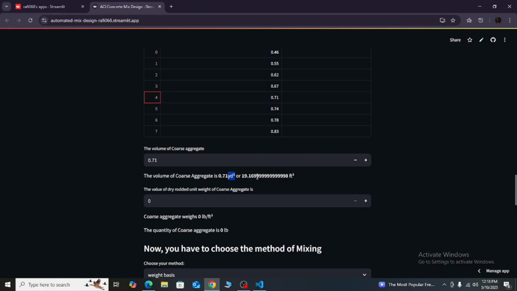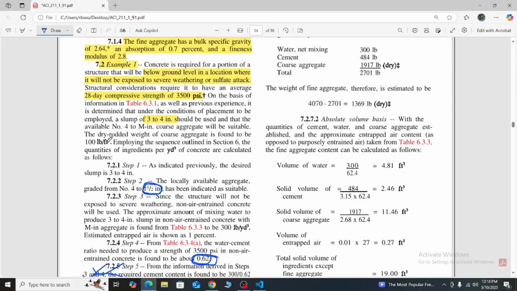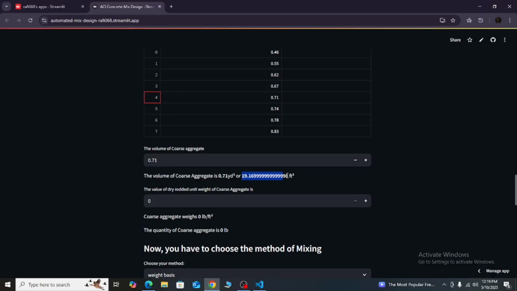So we have to change the value into feet cube, and to change that, we have to multiply this value with 27, as 1 yard cube is 27 feet cube. Okay, now we have to put down the value of dry rodded unit weight of coarse aggregate. We can check the value here in the question, and the dry rodded weight of coarse aggregate is found to be 100 pound per feet cube. Okay, let's put down the value here, 100,